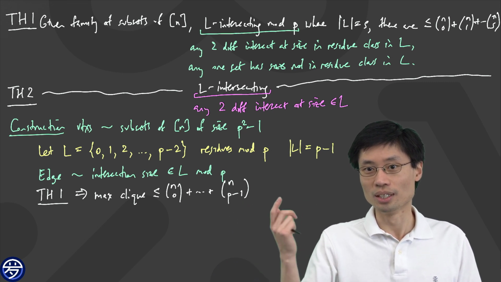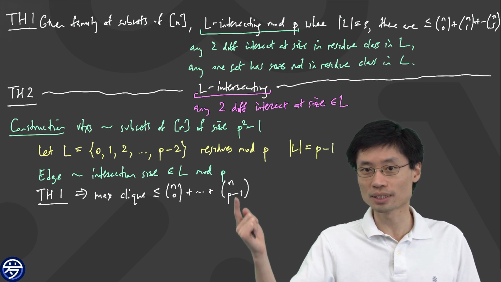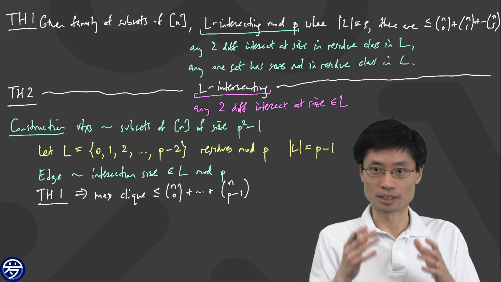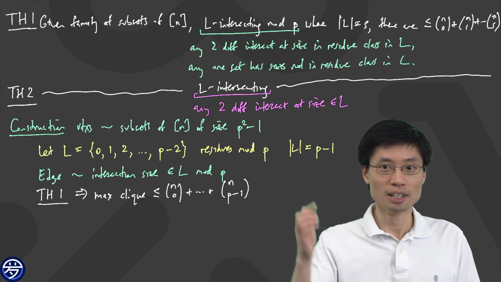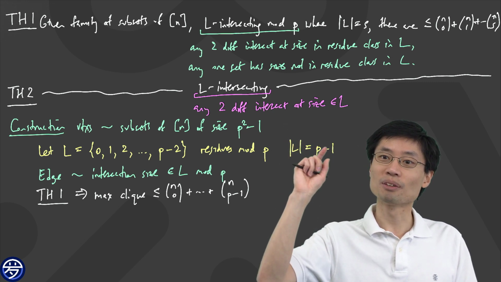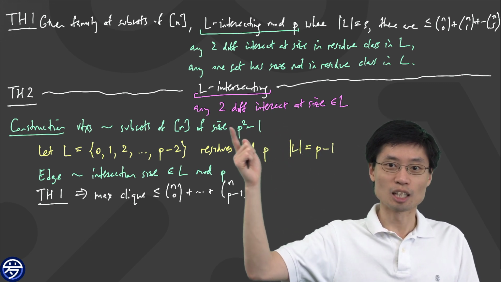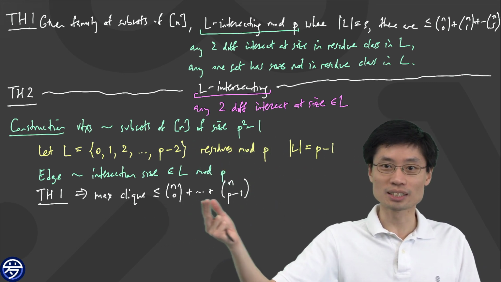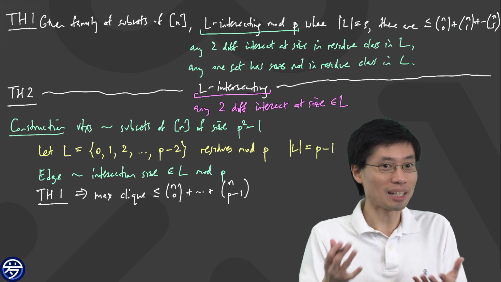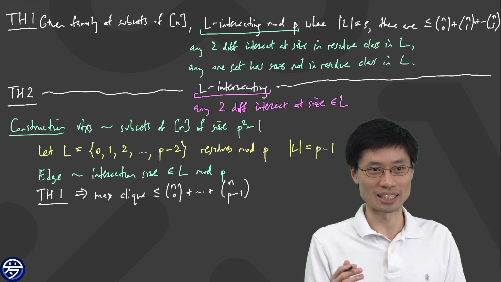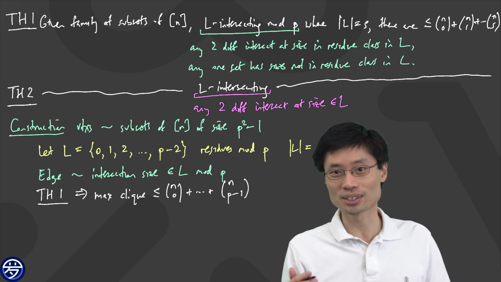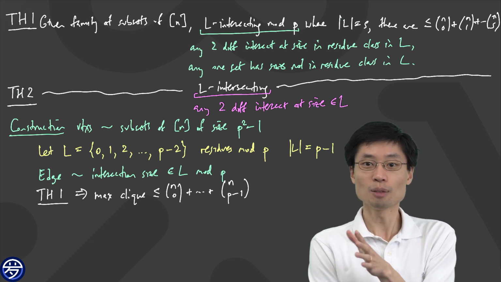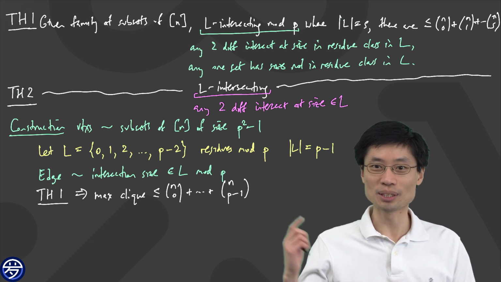Why is that pretty good? The reason that's pretty good is because the vertices are sets of size p squared minus 1, so the number of vertices I have is very big. The number of vertices is n choose p squared-ish, and if the biggest clique is n choose p-ish, then I might have a better bound. That's the insight. But we have to use Theorem 2 also to find out what's the size of the largest independent set. But here's why it was p squared minus 1.